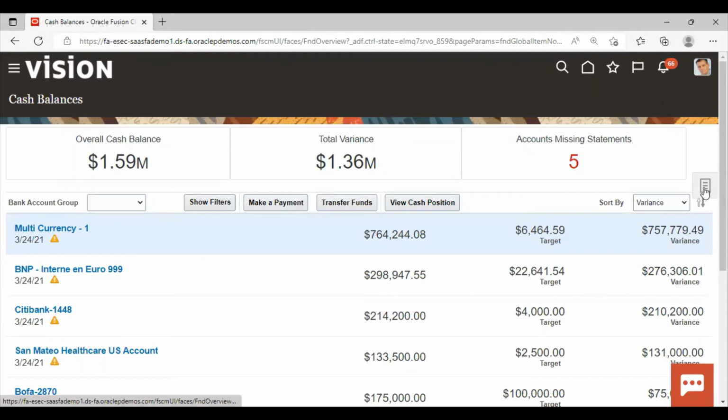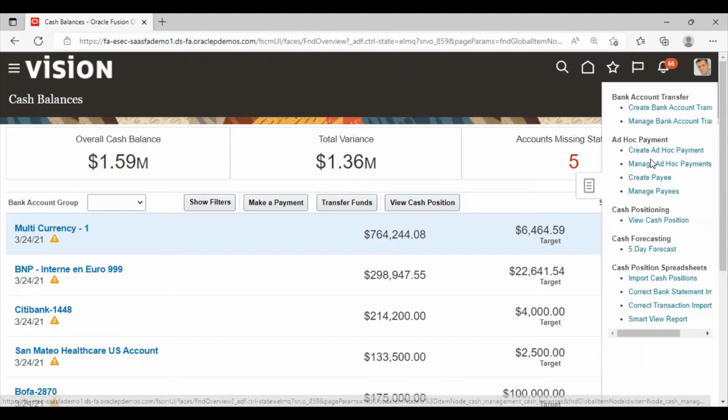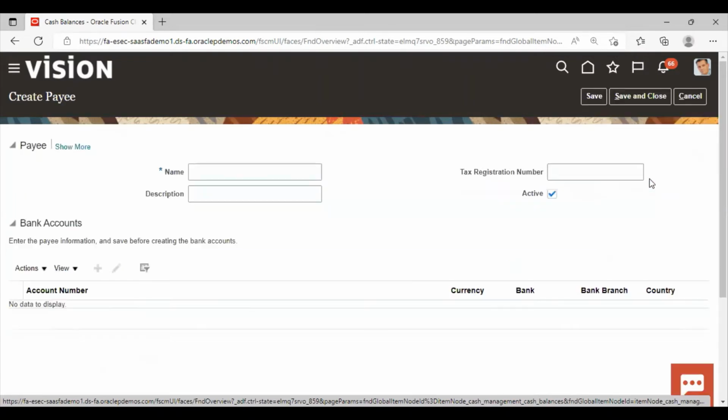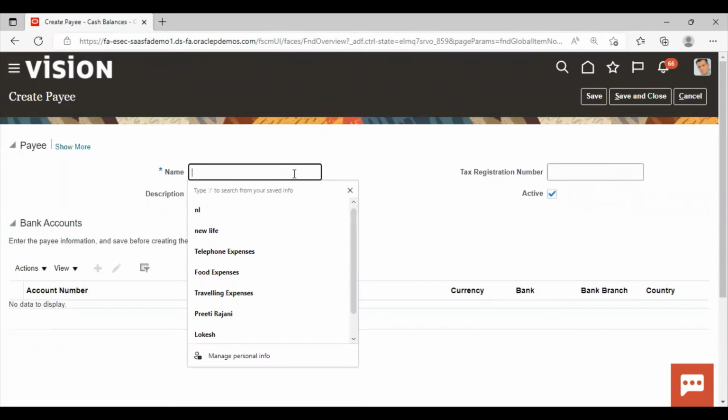Again go to task list where we will see the ad hoc payments. Say if you want to make the payment to any person, as you know that in the application we have to create the supplier first, then only we can make the payment. But the cash management workbench provides you with the functionality where you can make the payment to the payee without creating him as a supplier. So for that, we have to click on create payee, give the name of the payee here,